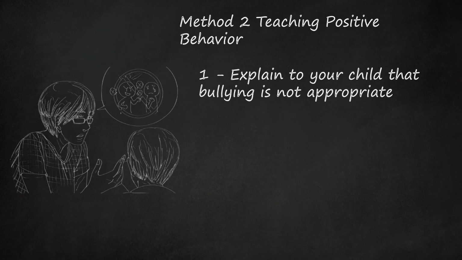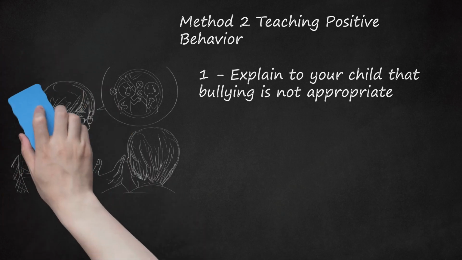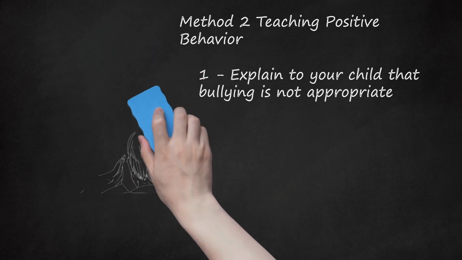If your child was engaged in physical bullying, remind them that this behavior is unkind. Ask your child to think of a time someone else made a hurtful comment about them or pushed them around. Ask, how did it make you feel? If your child can't think of such an occasion, ask them to imagine how they would feel if someone said or did to them what they said or did to the child they were bullying. When your child puts themselves in the bullied child's shoes, they will be able to empathize with them and understand why bullying is wrong.